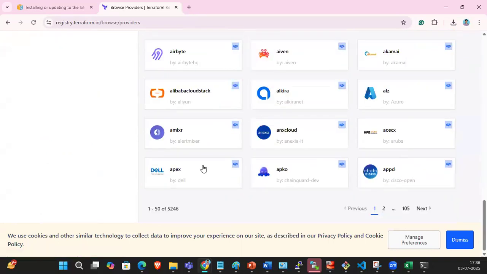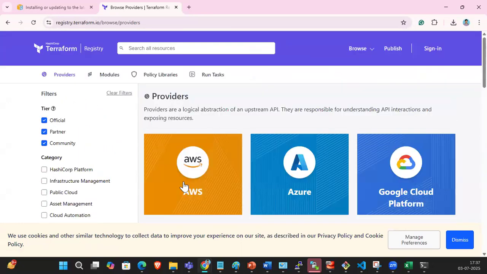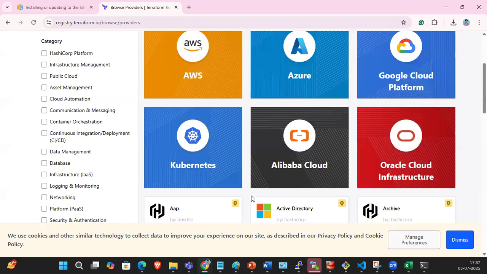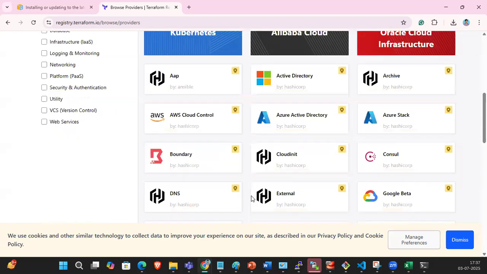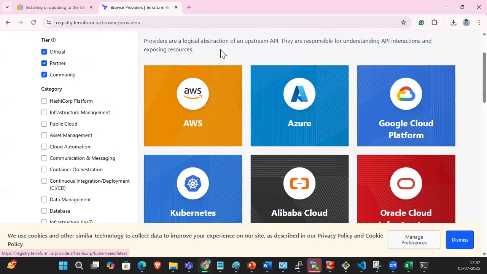You see how many? 5,240 providers, partner providers and others. So these all are the providers. How many providers does it support? 5,246 providers. If you learn Terraform, it will be easy to build